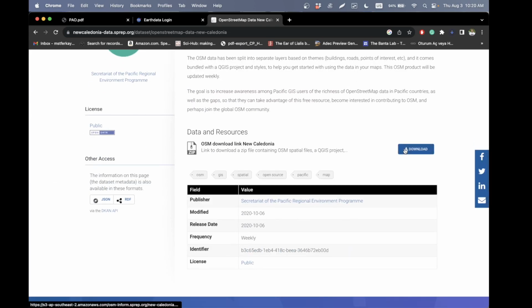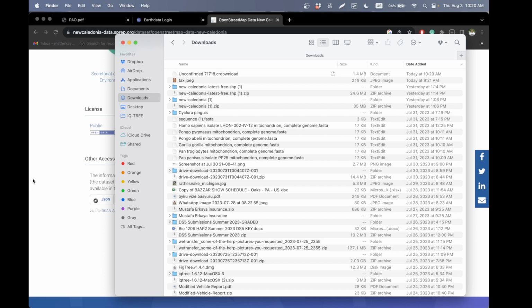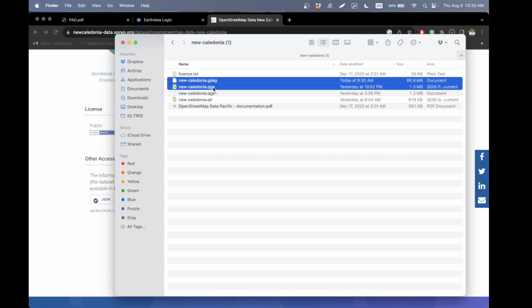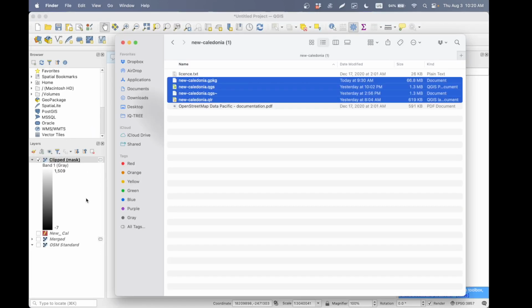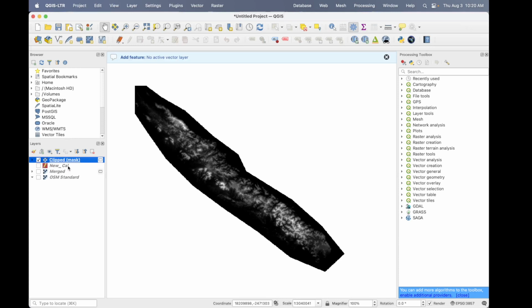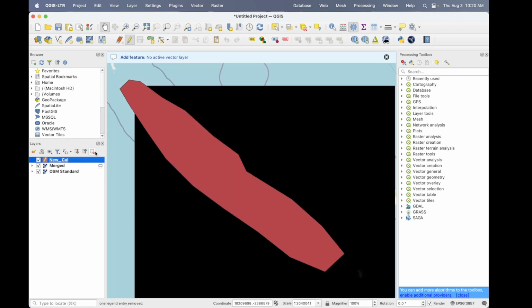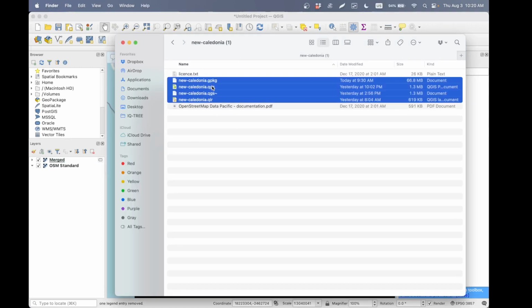On Google, OpenStreetMap data, New Caledonia. Let's download this file. It's probably going to contain a couple of things. I believe it's downloaded the file. It's still downloading it. We can wait, but I've already downloaded it. It's going to have all of these things. So we're going to need this, and that. And then what we're going to do is let's remove these clip mask and the polygon because we don't really need the polygon anymore, and bring all of these,